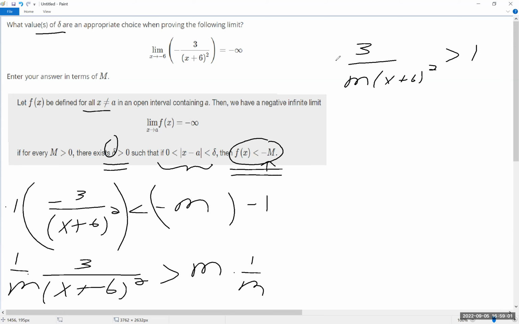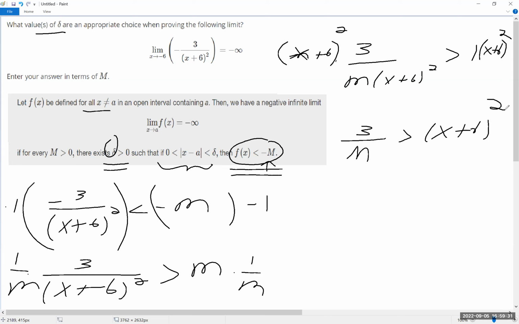And then I'm going to multiply both sides by x plus 6 squared. And so I'm left with 3 over m is greater than x plus 6 squared. Taking the square root of both sides,